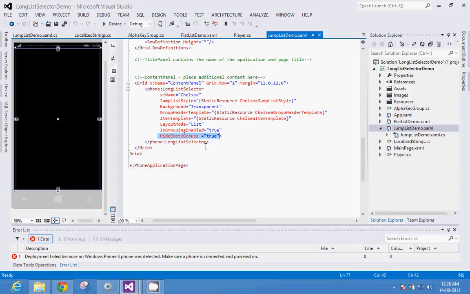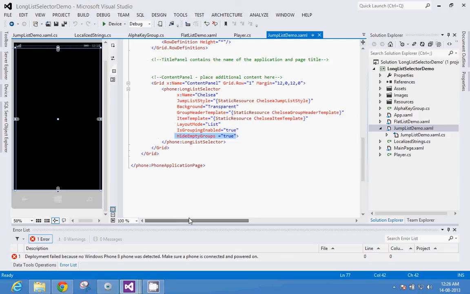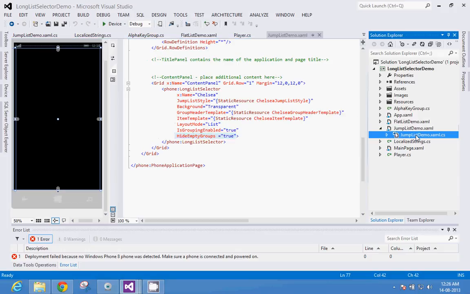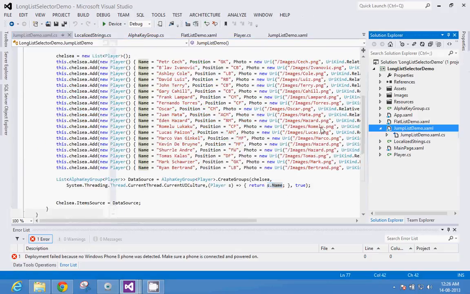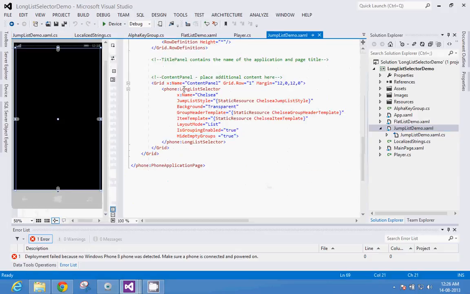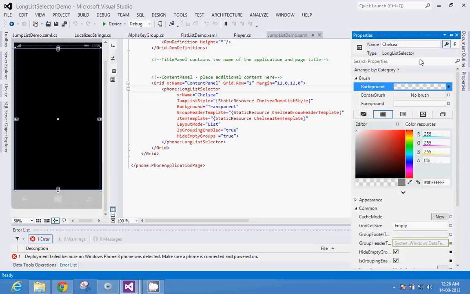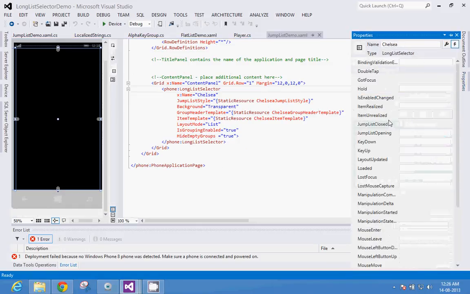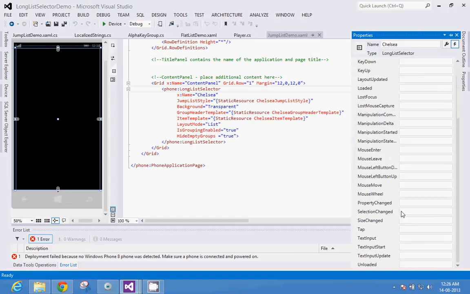So very well then. One more thing you can do is, you can have this long list selector, and if I go to properties, you will have events to that, like selection change, because it's a list. At the end of the day it's a list, so selection change and other events you can handle. If somebody selects something, then the user expects some action.